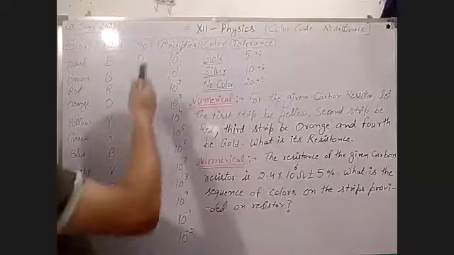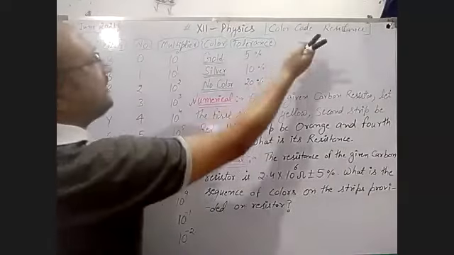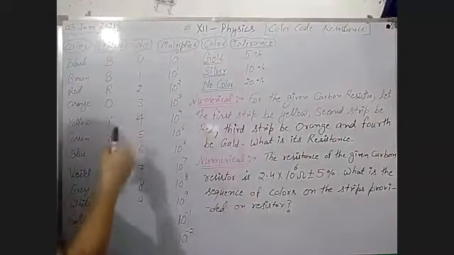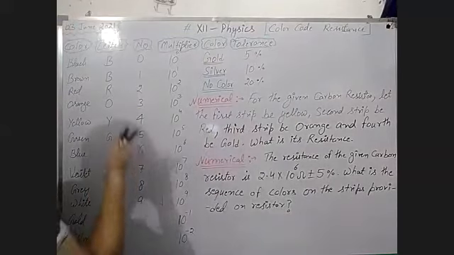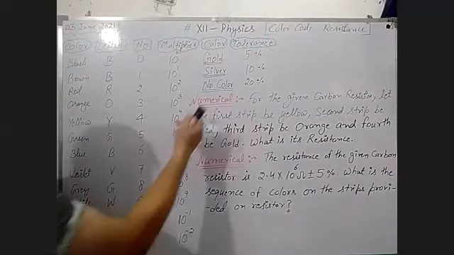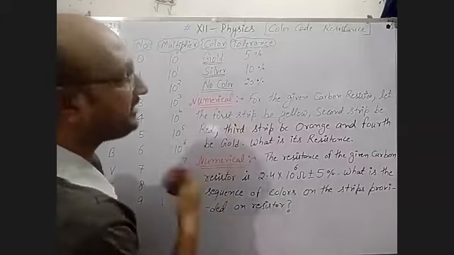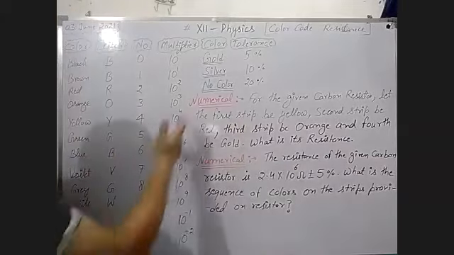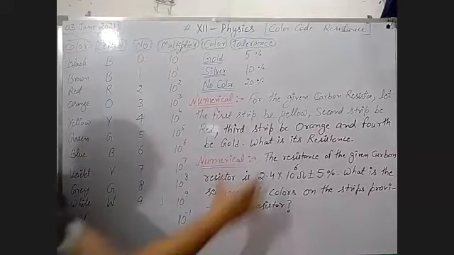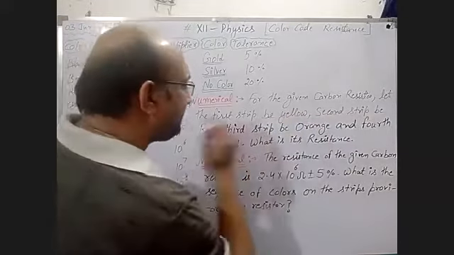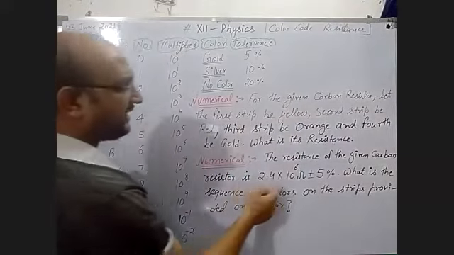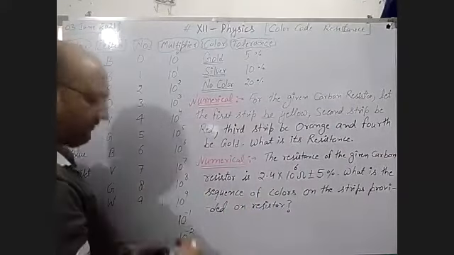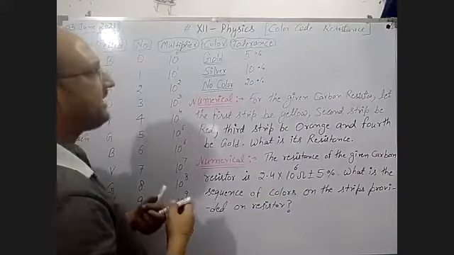As you know, this is a table which shows you the color code resistance values, how you can take the values from this table and how you can solve the numericals based on this. There are two types of numerical. One has colors mentioned on the strip and the other has a value. Both you have to do in your practice.